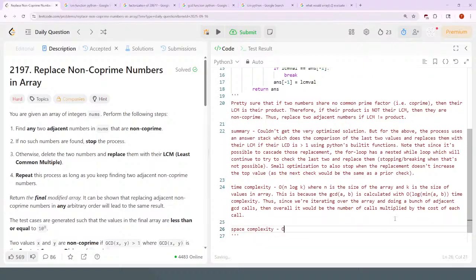Space complexity is going to be O of n, O of 1, since no additional space is needed. I'm not taking into account the